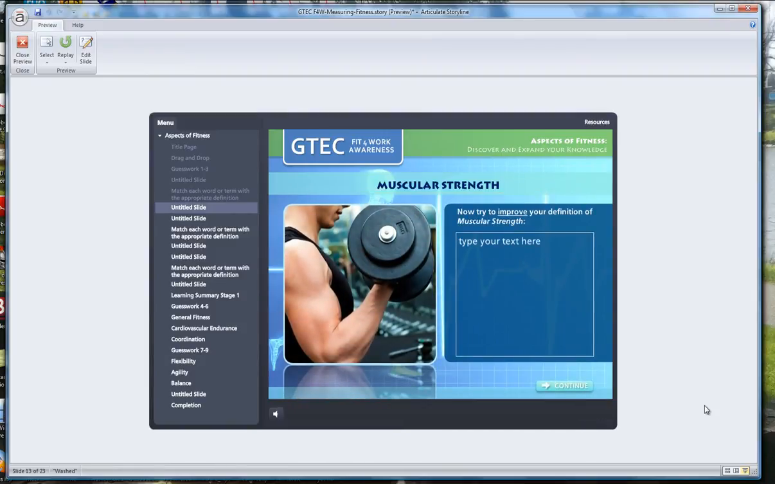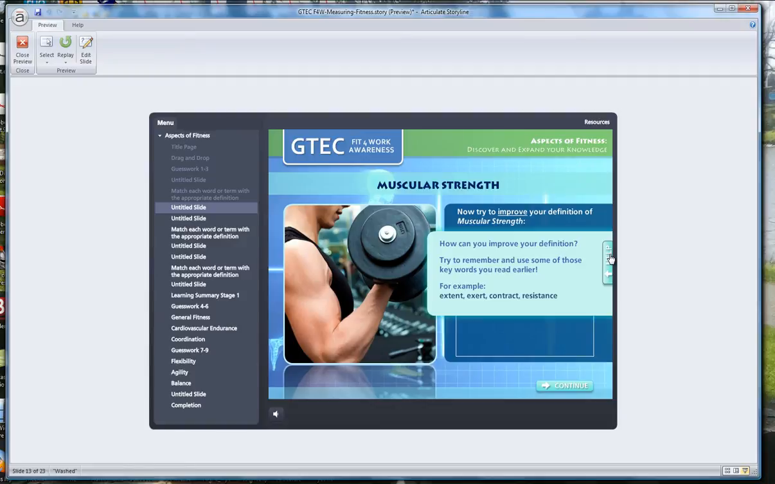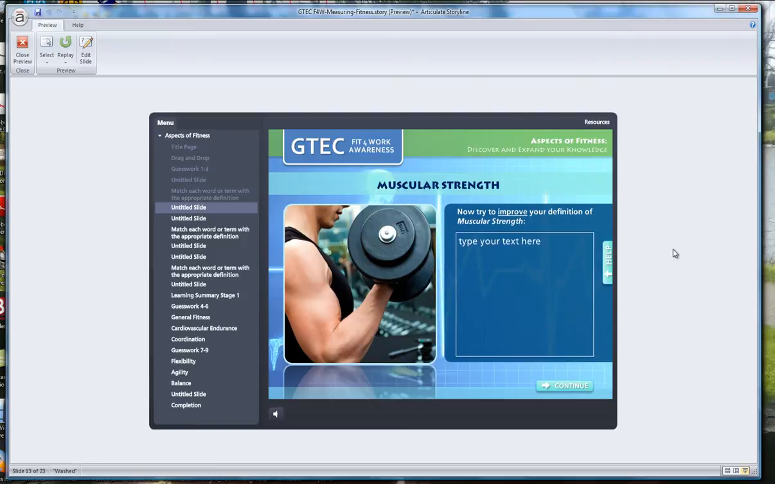And then, right, now I'm being asked to write a better definition of muscular strength based on that little bit of learning I've just done there. Again, if I don't understand, I've got this help bubble. And it's a reminder of those four words there that were used in the technical explanation. So now I can say